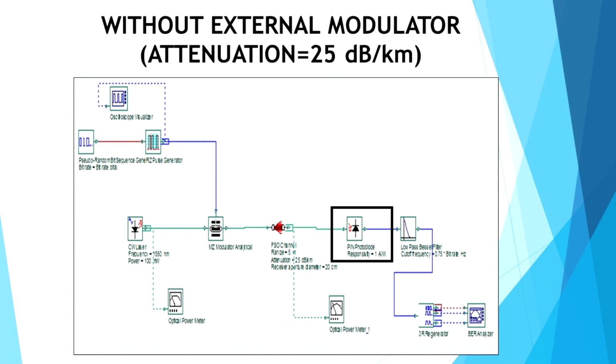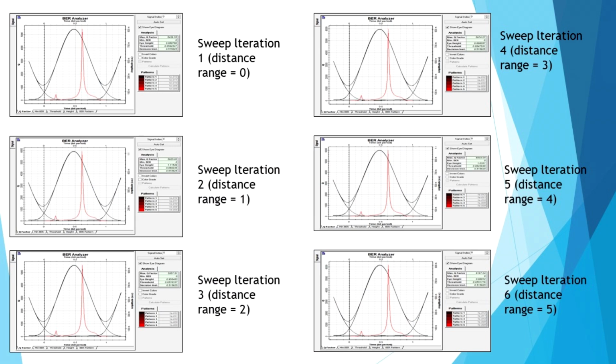And then the transmitted signal will pass to the low pass Bessel filter. The low pass Bessel filter is a type of analog linear filter with a maximally flat response, which preserves the wave shape of the filtered signal passband. And the last one, the transmitted signal will go to the receiver part at the 3R regenerator. The 3R regenerator will re-amplify, reshape and retime the signal. Okay, next,